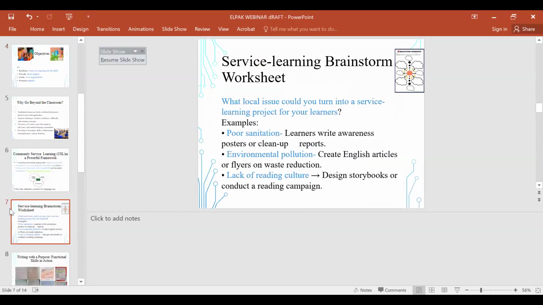So I had this worksheet here that we could talk about, I think, poor sanitation, if it's environment, waste management, environmental pollution. And then, as you have mentioned, you can ask learners to create posters, they could do cleanup reports, just to create awareness about the need to keep our environment safe and clean, and many other issues. It could be an issue on lack of reading culture, so they could design storybooks or articles and conduct reading campaigns. It could be about drug abuse, any problem that is in the community that they can turn,